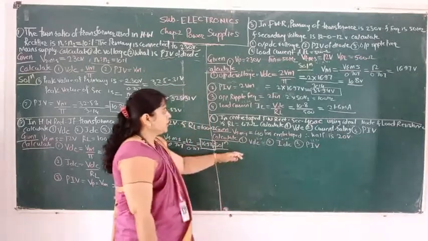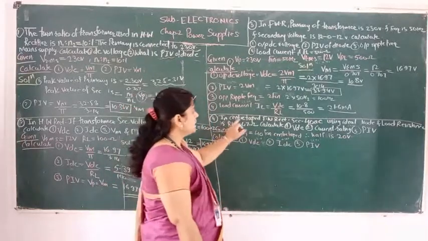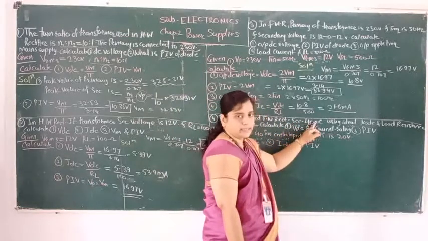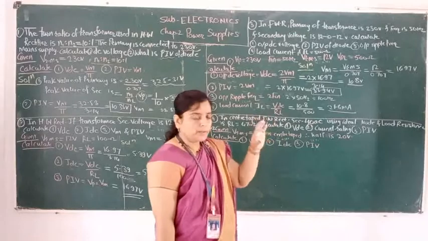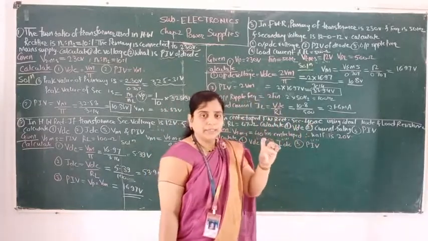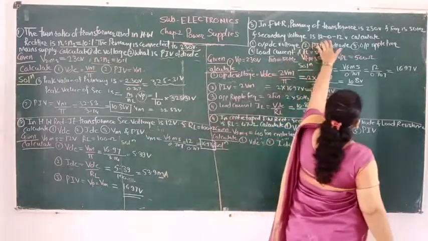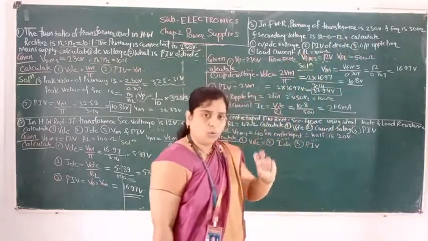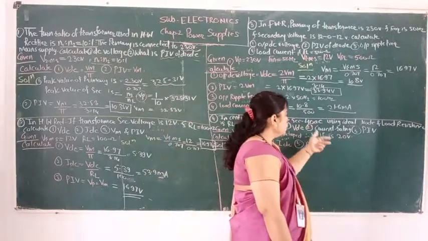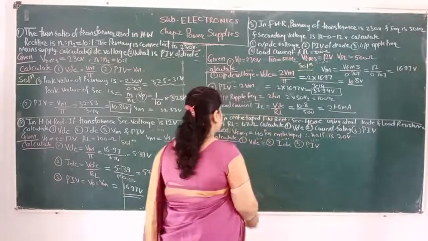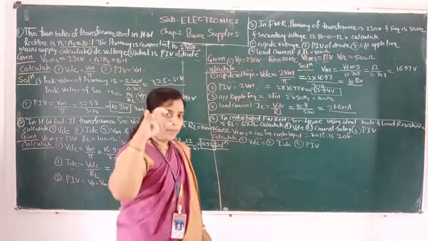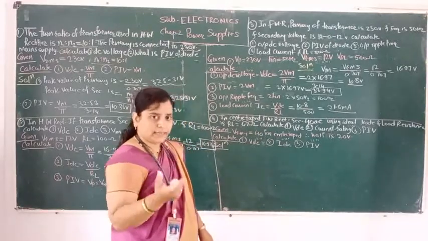Now come to the last example. In a center tapped full wave rectifier, the secondary is 40 AC. Means the AC voltage of the secondary is how much? 40 is given. Secondary means what? Here, 12, 0, 12 means the upper portion is the same and the lower portion is also the same. Center tap is mentioned, see here. Center tap means the upper half portion and lower half portion of the secondary transformer are the same.